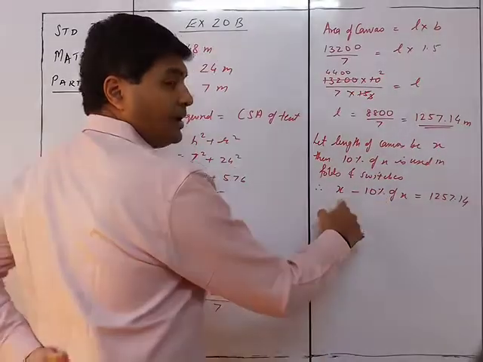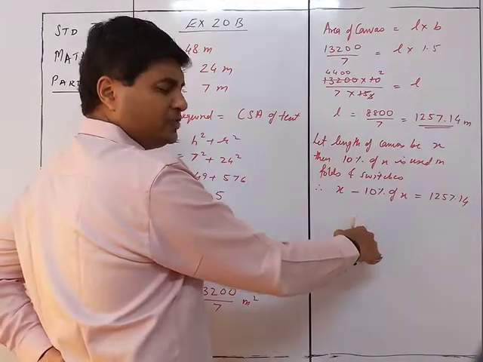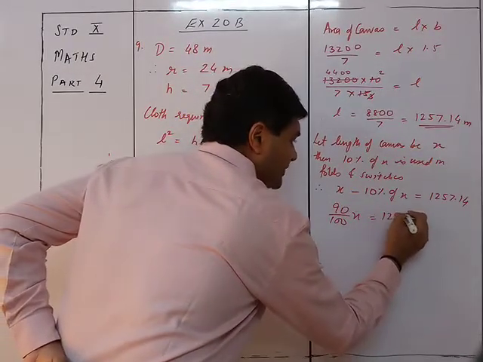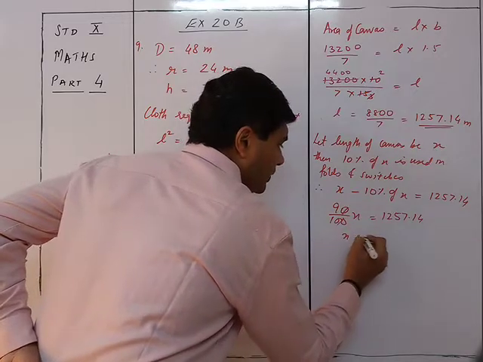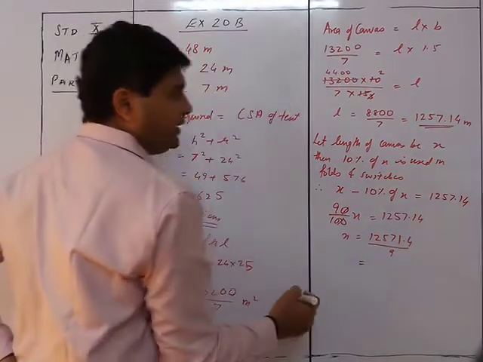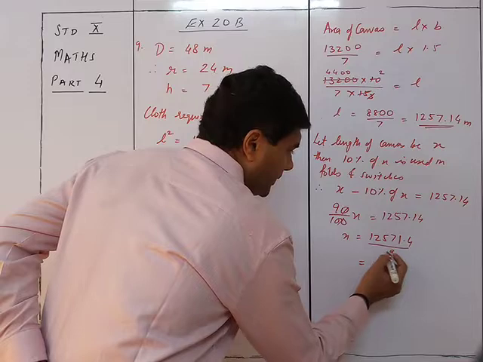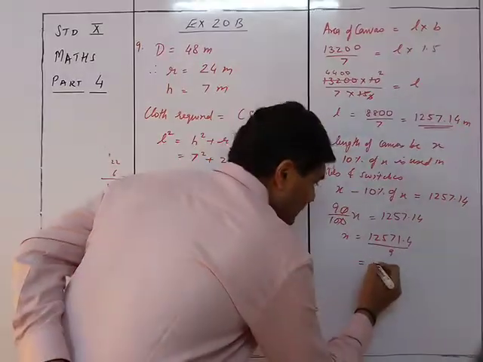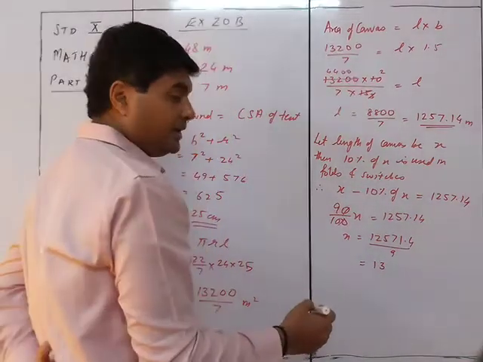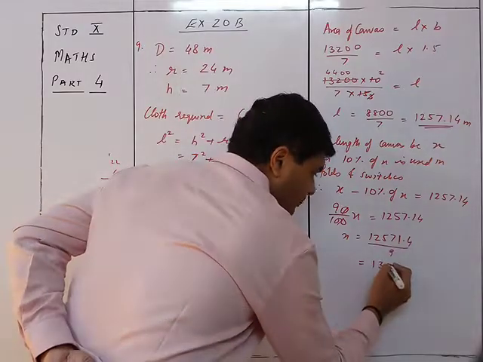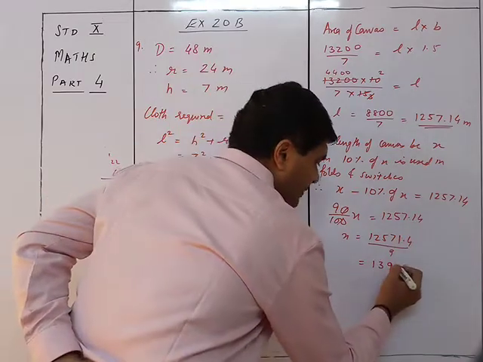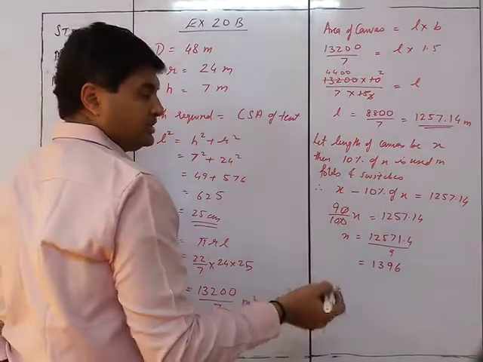So accordingly this will be x minus x times 10 upon 100. So 100 minus 10 is 90. So it is 90 upon 100 x is equal to 1257.14. So x will be equal to 1257.14 upon 0.9. So accordingly, 9 ones are 9, then it will be 35, so 3 nines are 27, and then 87, again 9 nines are 81, and then 61, with 6 nines are 54, so it will be 671.